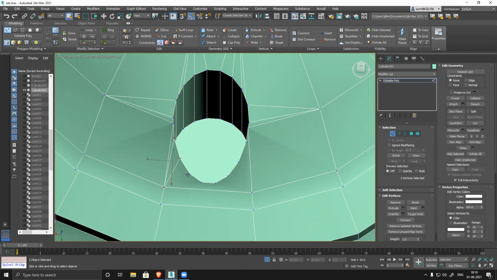And press Q to remove the gizmo, so that you cannot accidentally move it.